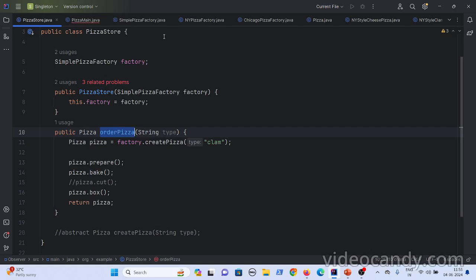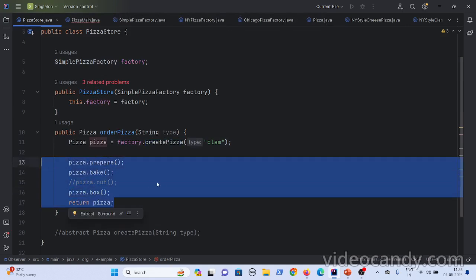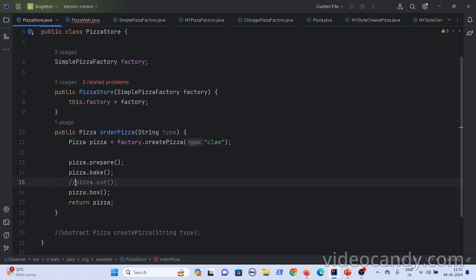When you do this, if this particular class extends from the pizza store, then only you will be able to override it, right? So you understood the disadvantage of this: though the pizzas are getting created according to the regions, all regions are still following the same process. If they want some logic removed from this method or added to it, then it will affect all the factories. So let's give this as a default implementation to the factories, but let's also give the factories the ability to override this.